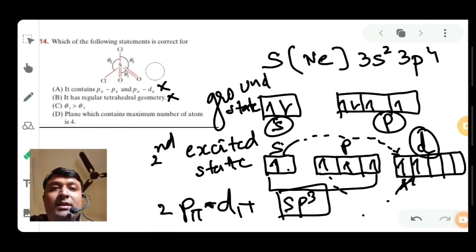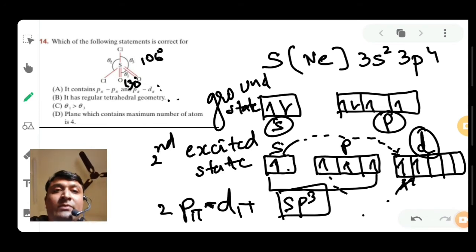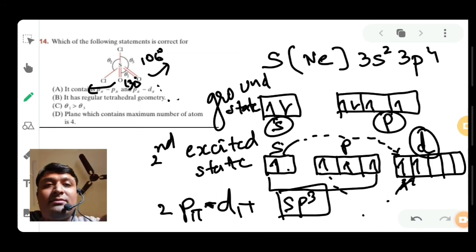Theta 1 is the bond angle that is formed in the OSO atoms, and the bond angle of theta 1 is nothing but 130 degrees, and the bond angle of theta 3 is 106 degrees. So it's quite a larger angle than the bond angle between SClO. The bond angle of SO2 is quite larger than SClO, as you can see over here, and the reason is the double covalent bond. Due to double covalent bond there will be a repulsion between the 2 oxygen atoms, and that's why the bond angle between SO2 is larger than SClO. That's why option C is correct.